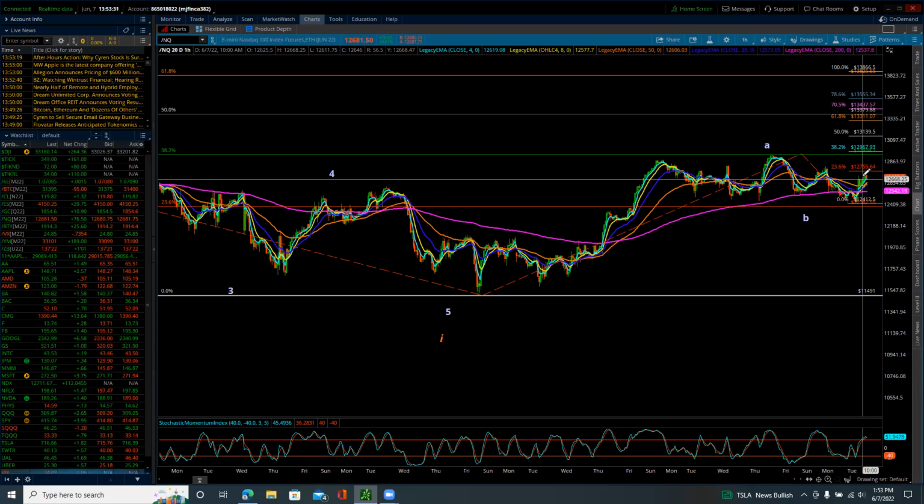But more in tune for me would be what positions need to be marked or put in whatever area. And that could be all to the buy side. So again, the fact that we've come down, put in what I think is a tradable low and launched off of that, it is beginning to look like it'll be to the buy side. So we're going to be looking for equity prices to be moving higher as everyone starts to prepare for that